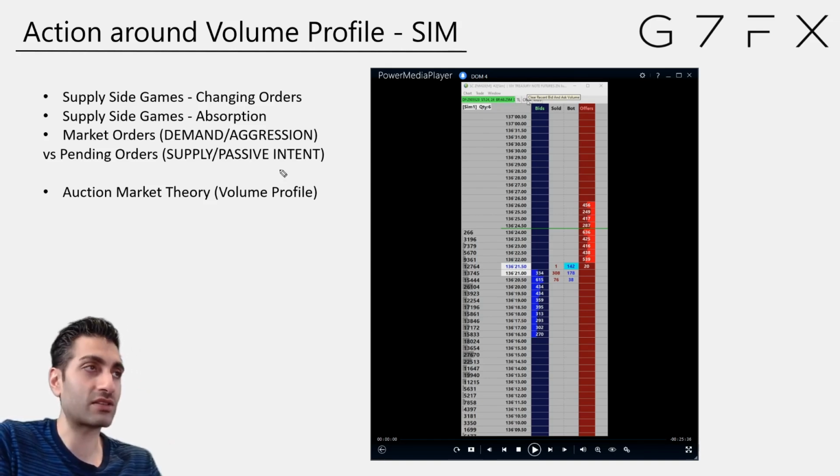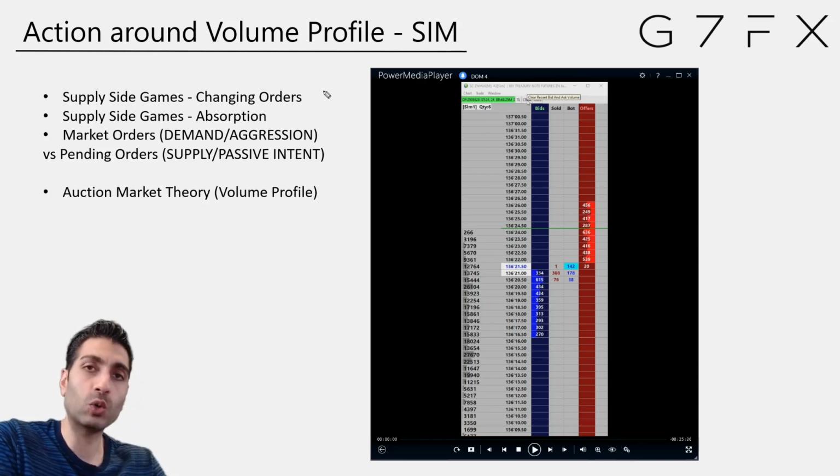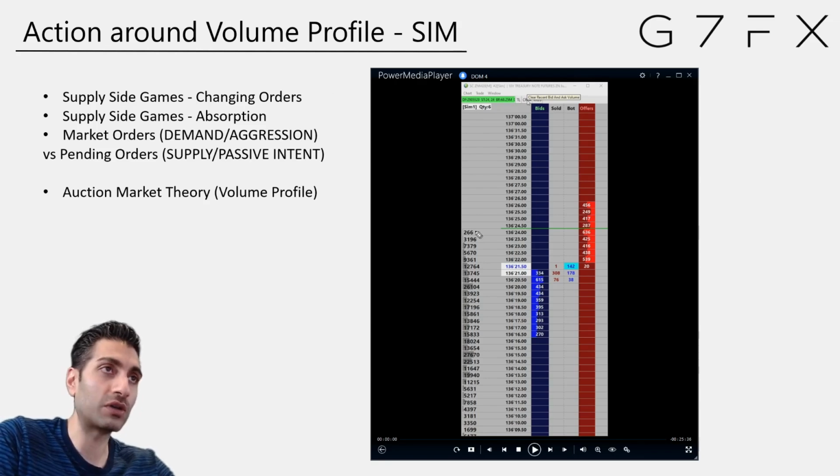If you've done all the exercises individually, and in particular also watched the last video about auction market theory, then this is going to make a lot more sense to you. So let's just recap what's going on. What have we learned so far? Not necessarily in the whole course, but just in terms of what's going on in the depth of market in particular,